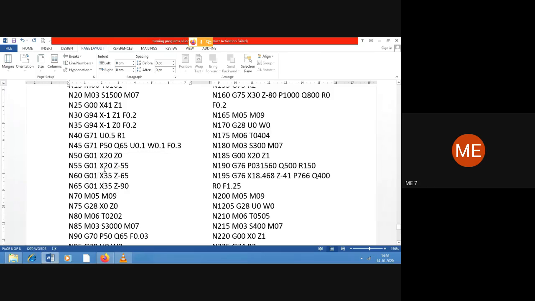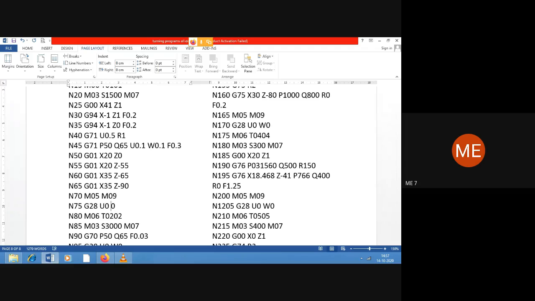From 20 mm diameter, it's going to increase to 35 mm diameter, taper turning, from minus 55 to minus 65. Then G01, again a straight line, same diameter, so X35, up to a distance of Z equal to minus 90. Then stop the spindle, coolant off, send the tool to its home position,